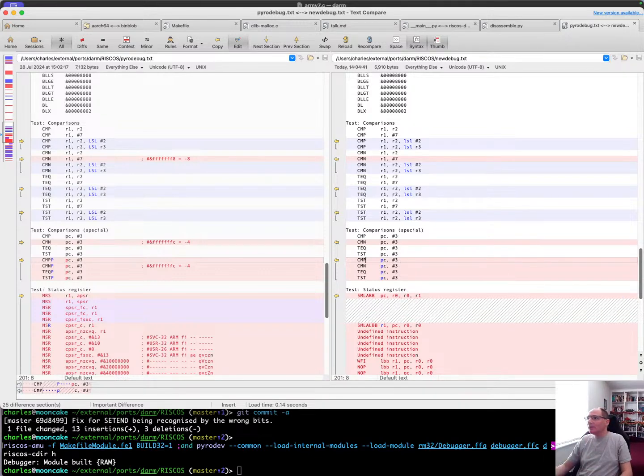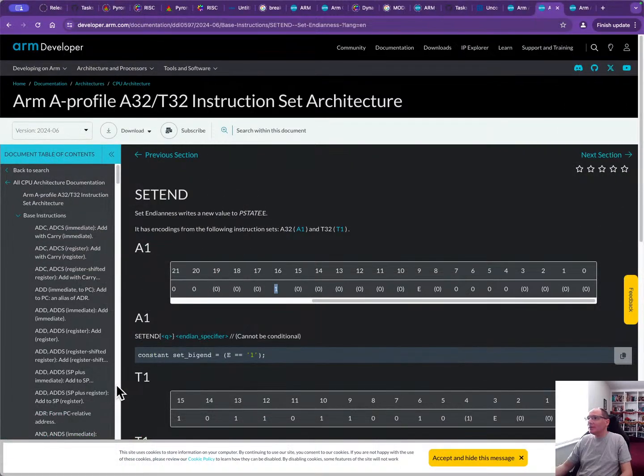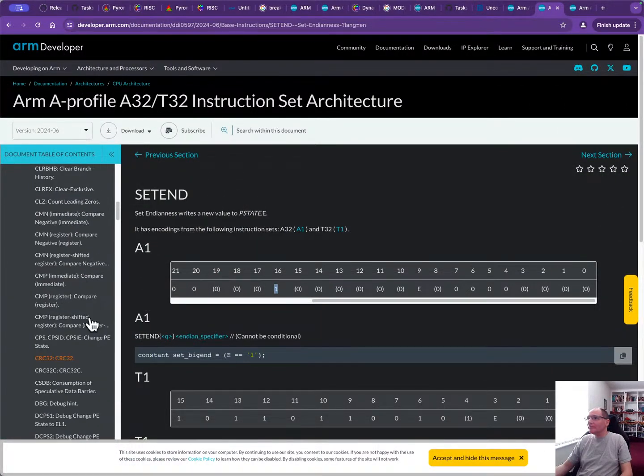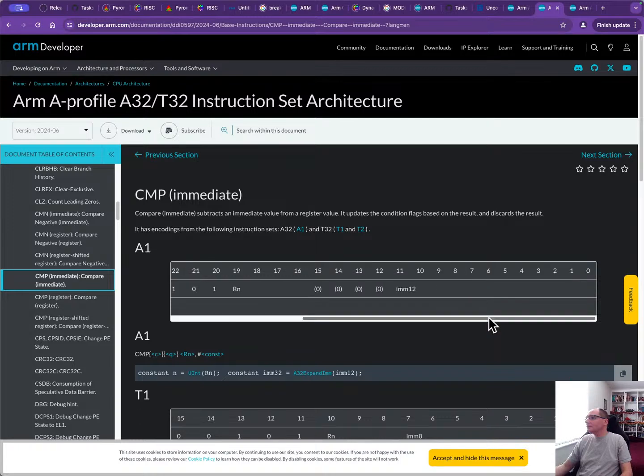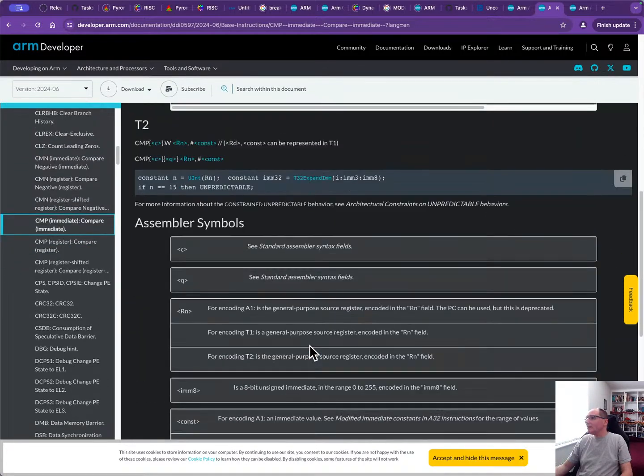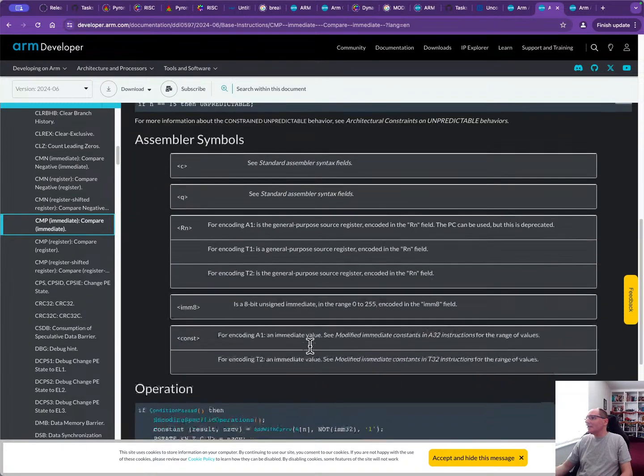If we just have a look at the instructions, compare immediate is actually one of the forms we need. As I kind of expected,